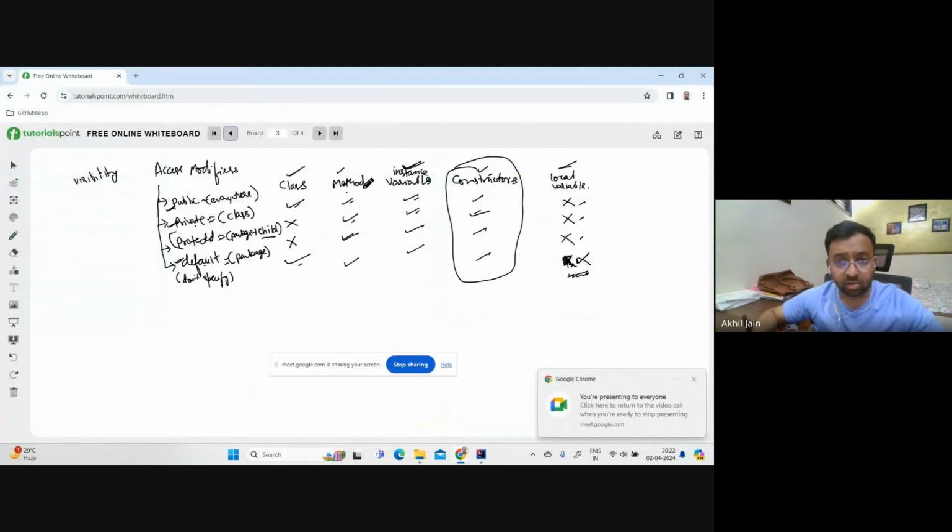Okay, so we understood the variables. We talked about private and we talked about public, right? For the methods and the instance variables. Let's just talk about the default part, which is the only part pending. So what I'll do now is,